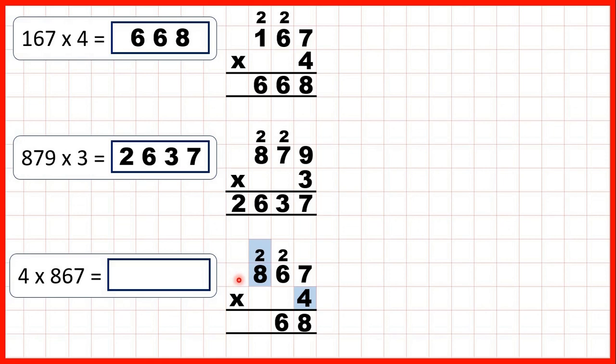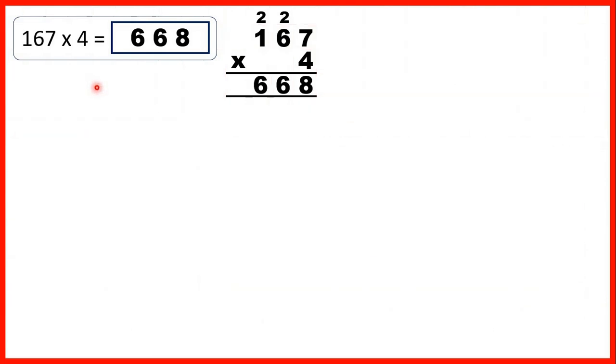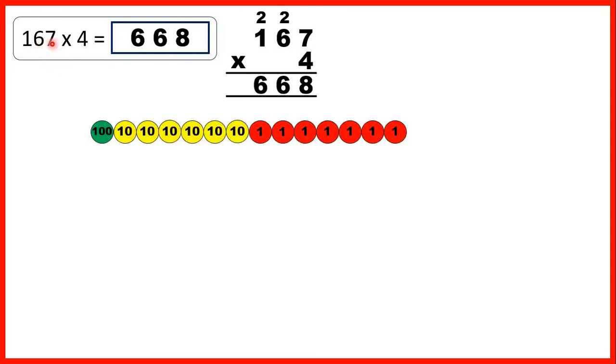We don't have a 1,000 digit in our question, so we can write the 34 in our answer line to give us 3,468. So to understand why this method works, let's take a look at this first question again. We had 167, so that's 100, 6 tens, and 7 ones. We were multiplying by 4, so we can show